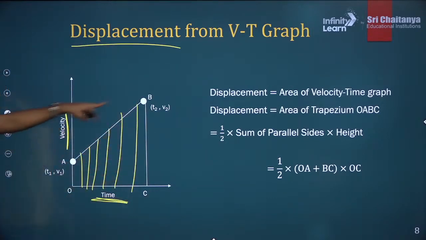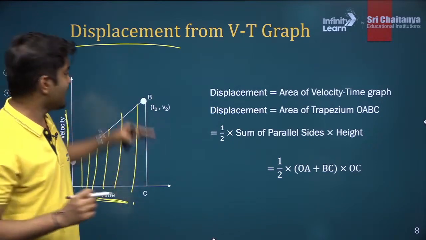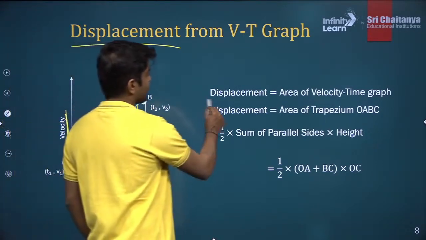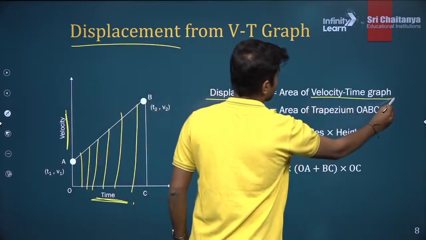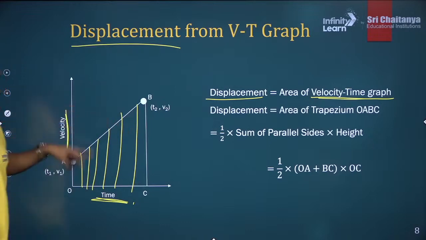So this figure, what is this? OABC. This is a trapezium. So the displacement is nothing but the area under this curve, right? So what is the displacement? Area under the velocity time graph. That is the area of the trapezium